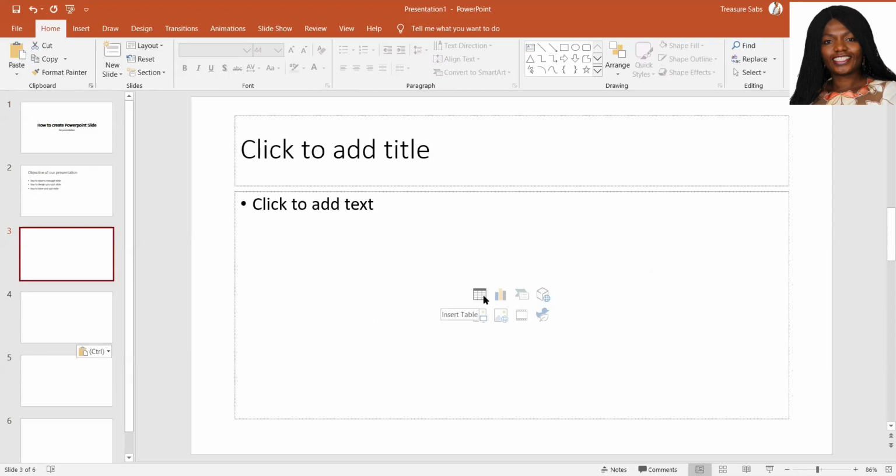The first one says insert table. The second one says insert chart. Then you have insert a smart arc graphic, 3D models, insert pictures, online pictures, insert video, insert an icon. So you can either select insert table here, or you go to the menu and click on insert,